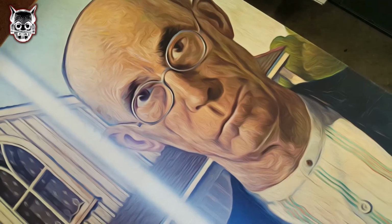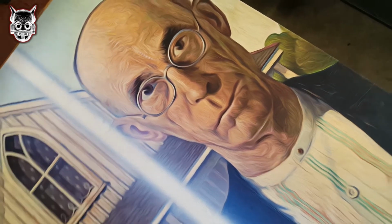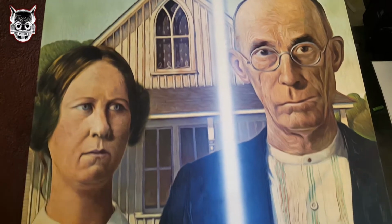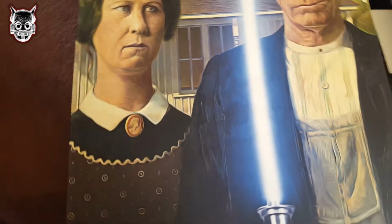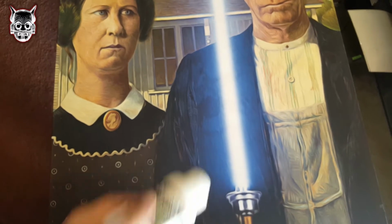Okay, boys and girls, today we're going to follow on from something I was mentioning in the previous video, about turning a digital printed canvas into a real work of art, something you show off on the wall that looks like a real painting. Basically, I'm going to use this stuff: